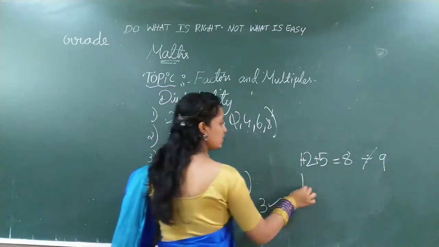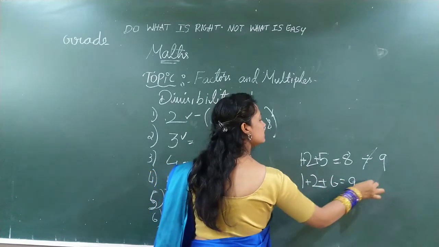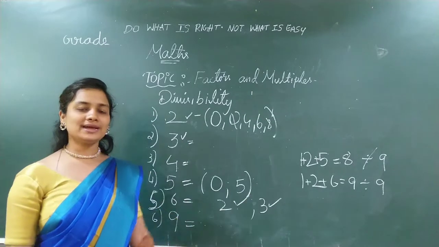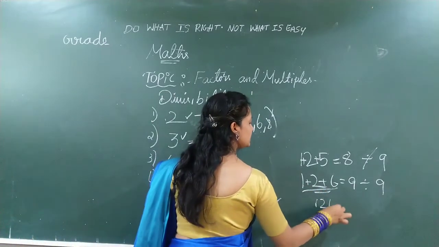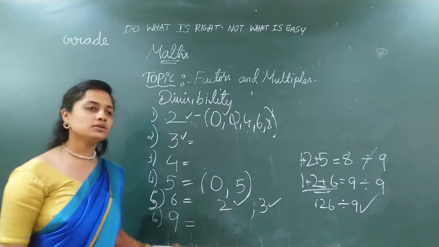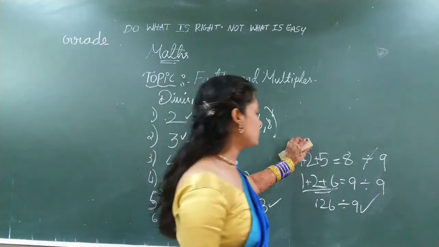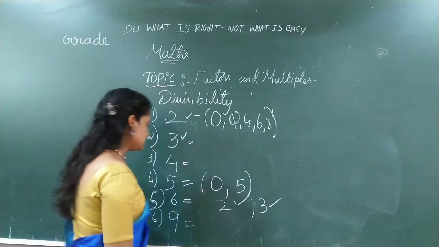Let's take the same old example which we took now. Add all this, you get 9. And 9 is divisible by 9. In the table of 9 you get 9? Yes. So the number 126 is divisible by 9. So just like 3, even for 9, you should add all the digits and check the answer. So next divisibility